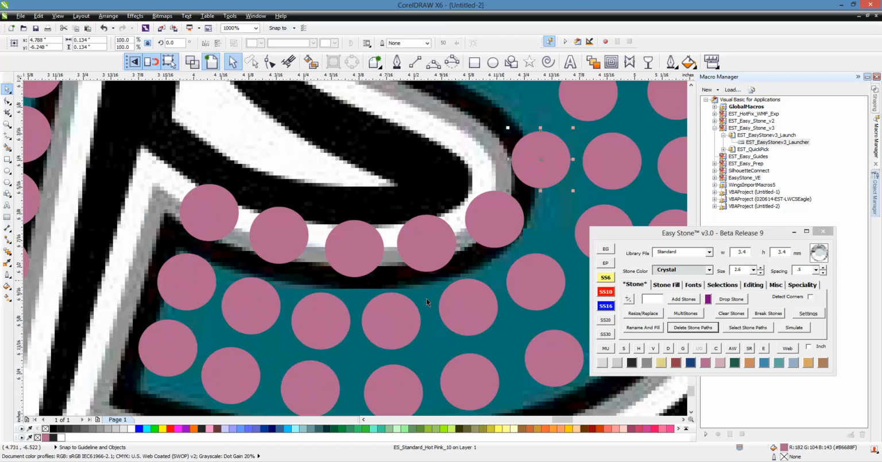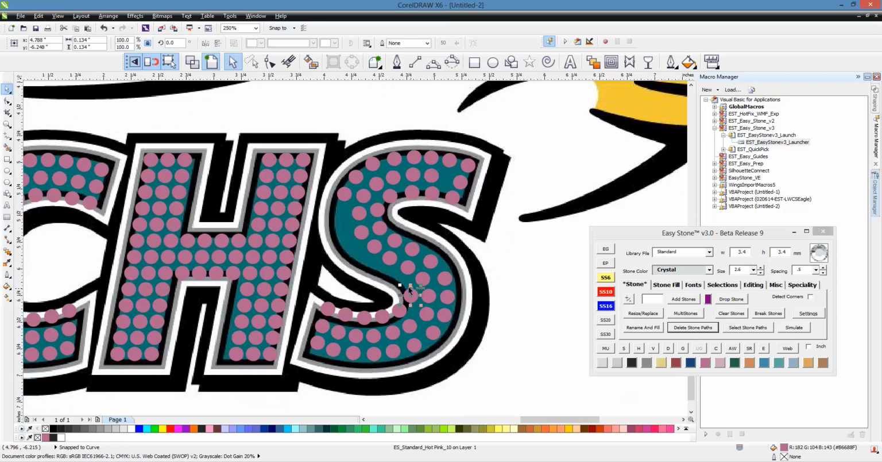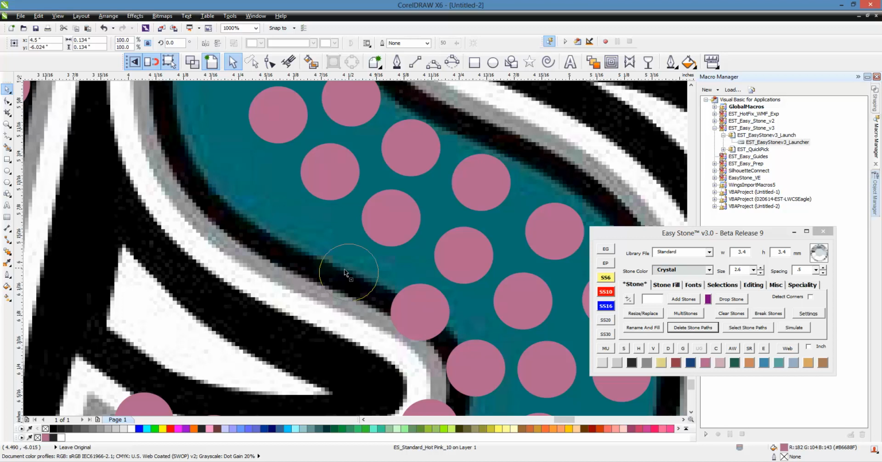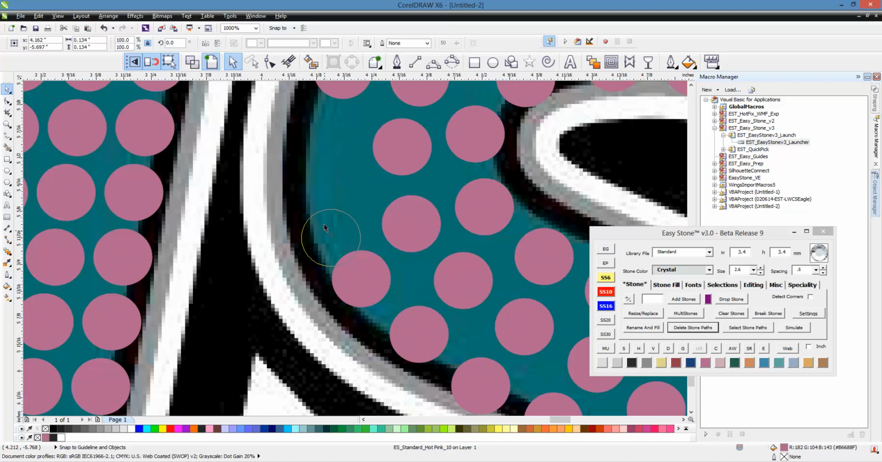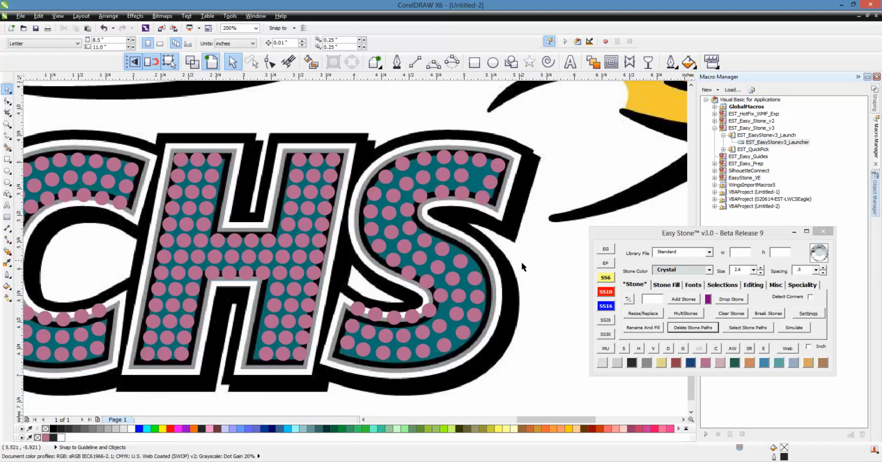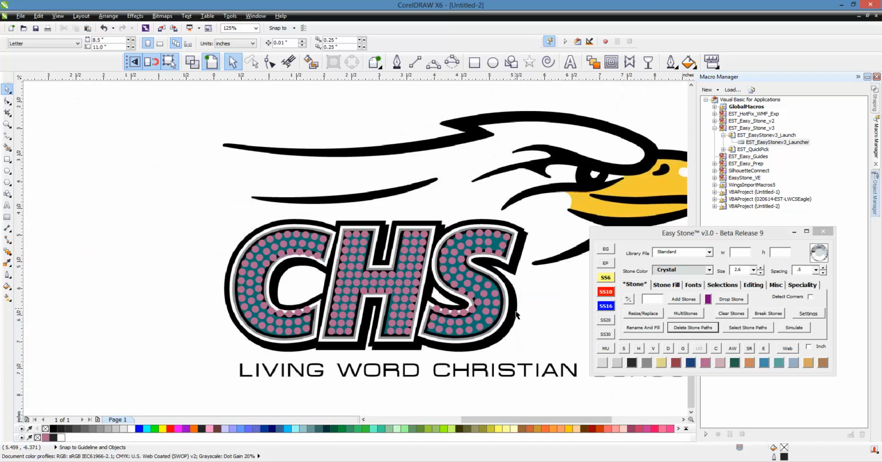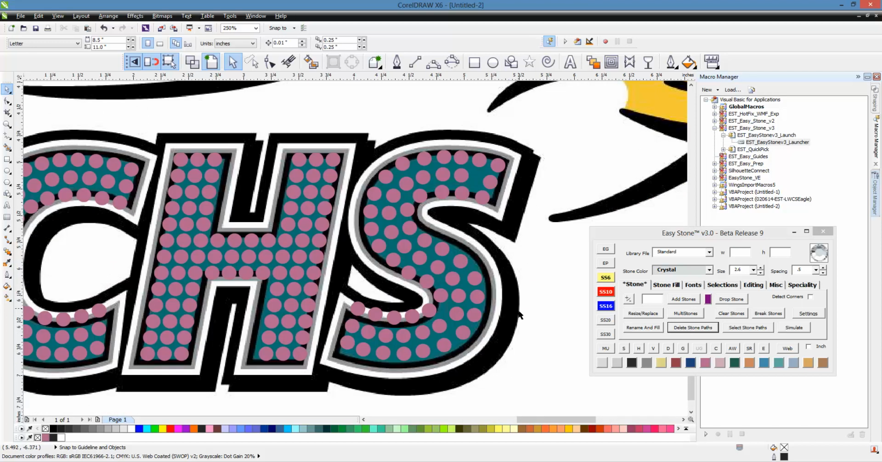You could see we're cheating like crazy from the original artwork. So if we had a vector, this process, the result would not look like this at all. Your vector software would say, hey, you can't fit 3 rows of stones in here, because you can't. But we can cheat a little bit, and it will look a lot nicer if we have 3 rows, 3 rows, and 3 rows. All right, so now we have to use Easy Stone to fix up this letter S and make it